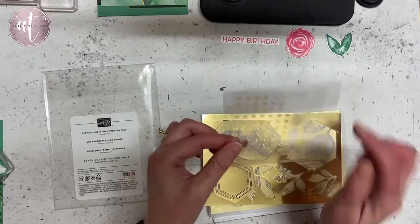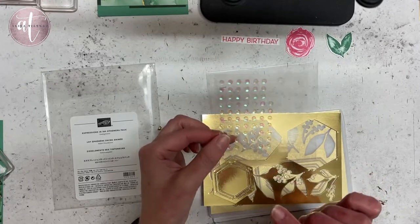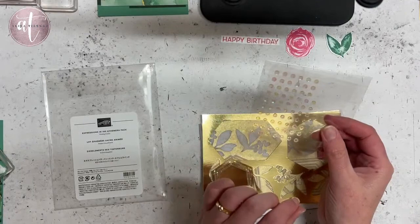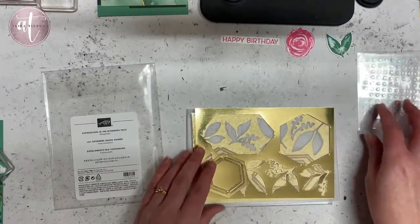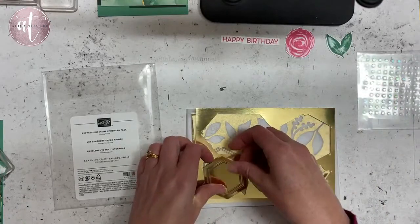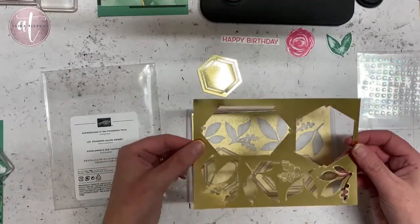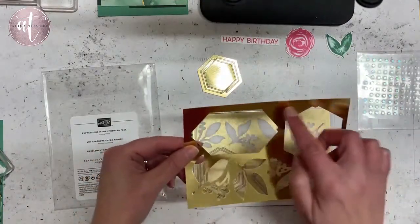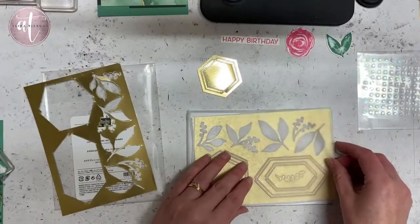And I can tell you, I've used these for the card class and for plenty of other cards as well. And I've still got quite a few of them left over. I'm sure it says somewhere how many are in there, but I can't remember at the moment. And then these packs are just gorgeous. I've used all of them. But look, have a look at that. I don't want to throw them out in case I can use the scraps for something. But have a look at how gorgeous